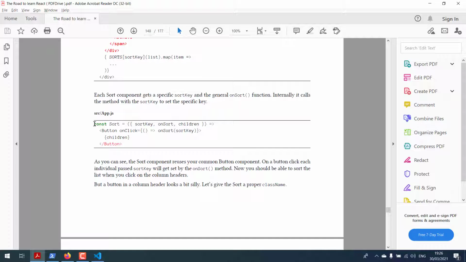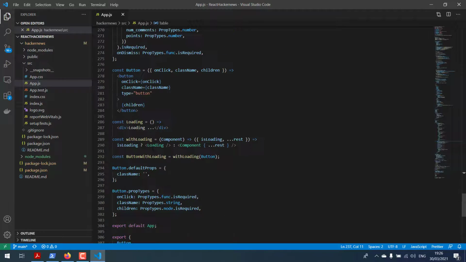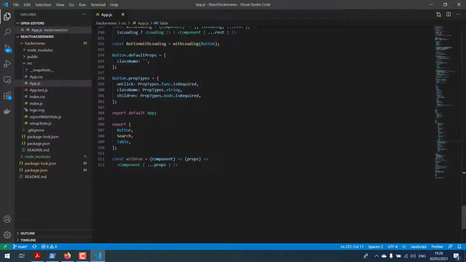Now we just said sort, I'll copy it that way. And because we don't have sort yet,